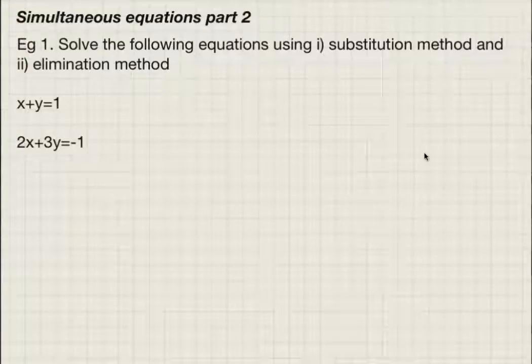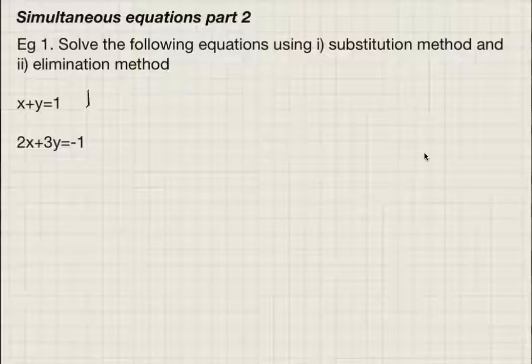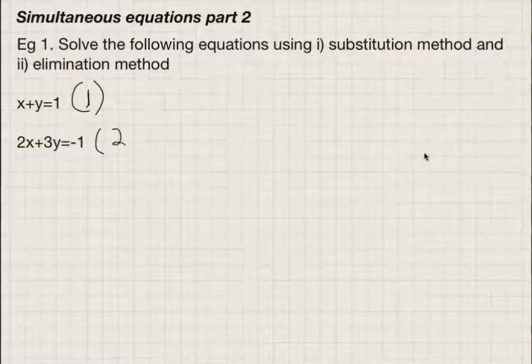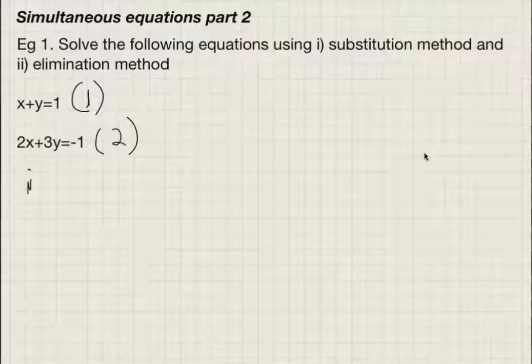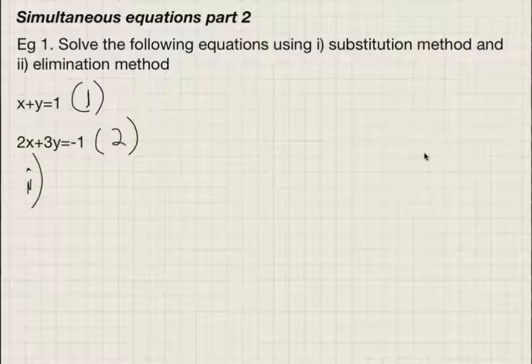So, simultaneous equations part 2. Solve the following equations using firstly the substitution method and secondly the elimination method. Okay, if we call this one equation 1 and this one equation 2, for part 1 using the substitution method,